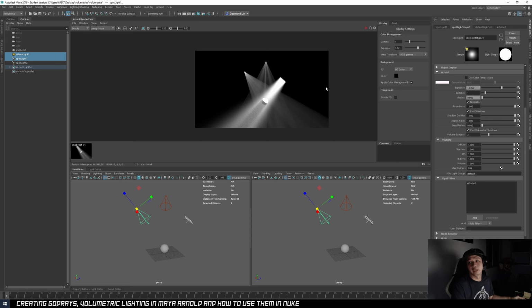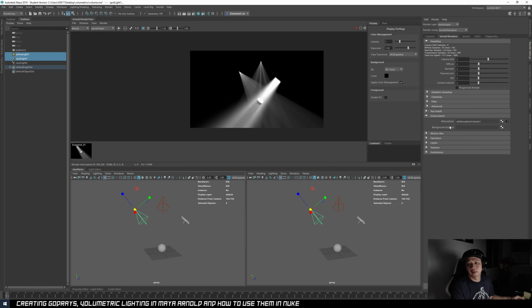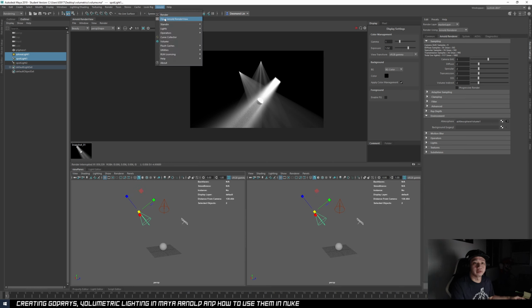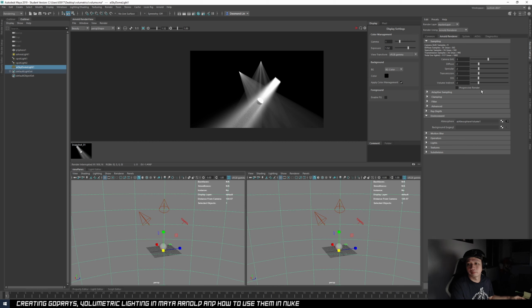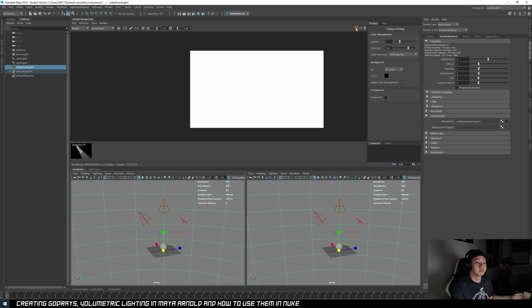And one thing to note that once you added this atmosphere into your scene, every light that is in the scene will be affected, including your environment light. So if I were to create an environment light now, like Sky Dome, and if I render, the whole scene will be blasted with the atmosphere. So what we need to do is we need to make sure we know exactly which light we want to contribute to the volume.